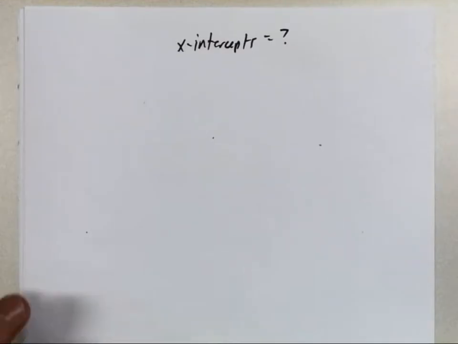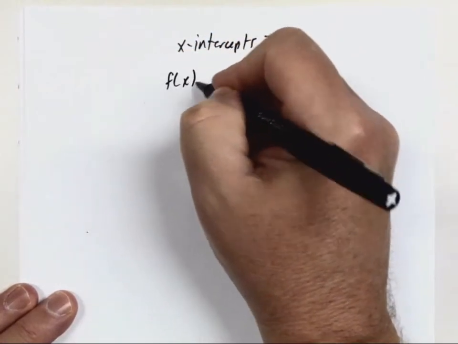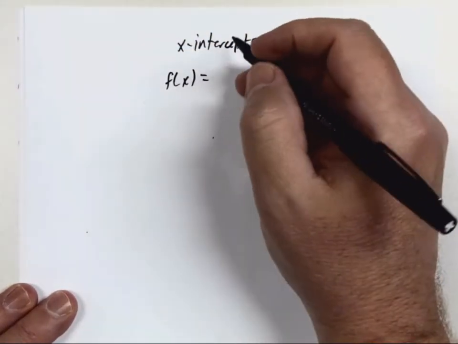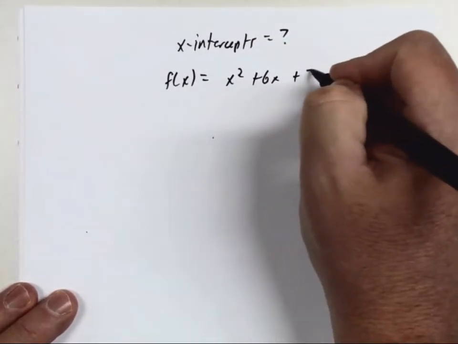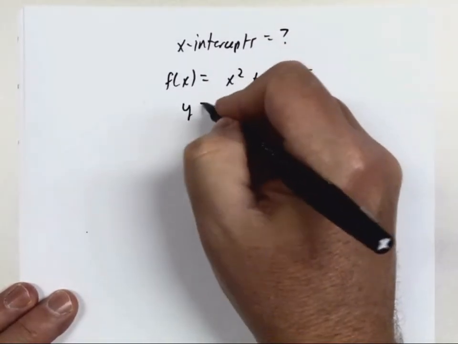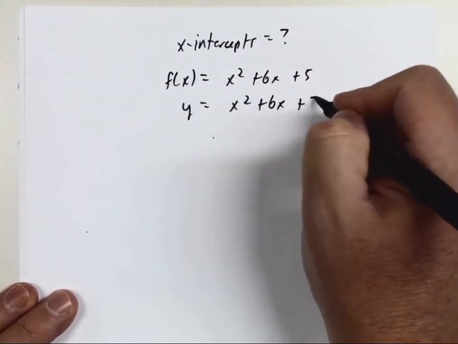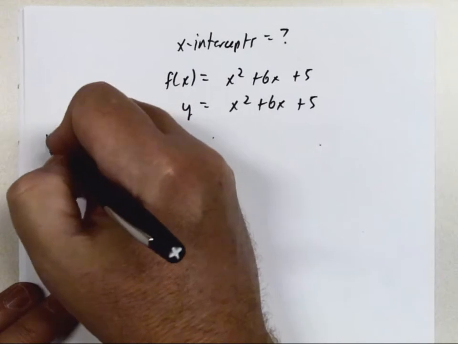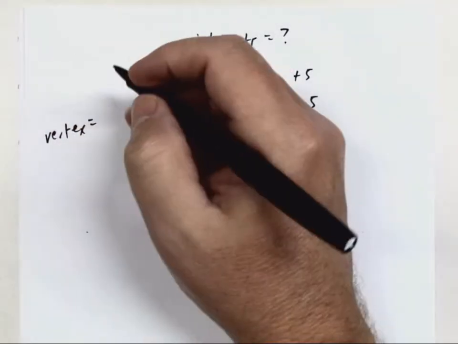So for the problem we're doing, let me write it again. Here was the original equation written as a function. It was x squared plus 6x plus 5. And of course, I rewrote it. Since I'm graphing, I put a y in there, so it's a little easier. And we found the vertex to be